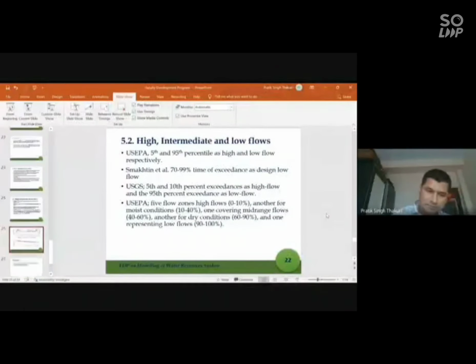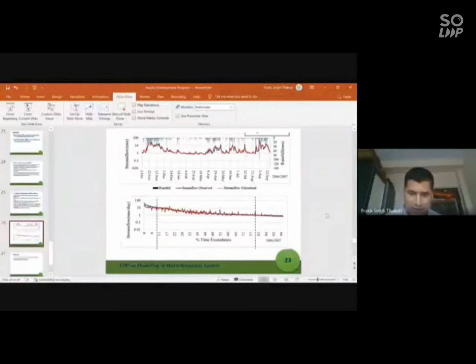In my study, I'll give an example of a modeling study I've carried out. Here I'm showing a watershed in Sri Lanka called Ellagawa watershed, and the hydrograph of 2006 and 7. I did a modeling study there using the Stormwater Management Model. For 2006 and 7, you can clearly see the good matching of the hydrograph in all regions. But here, if you see the flow duration curve, the high flow region, where in my study